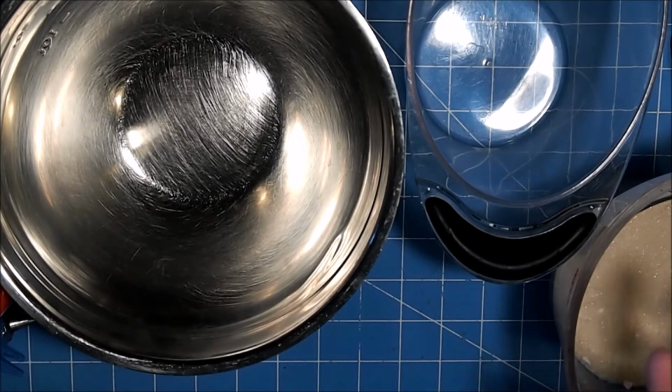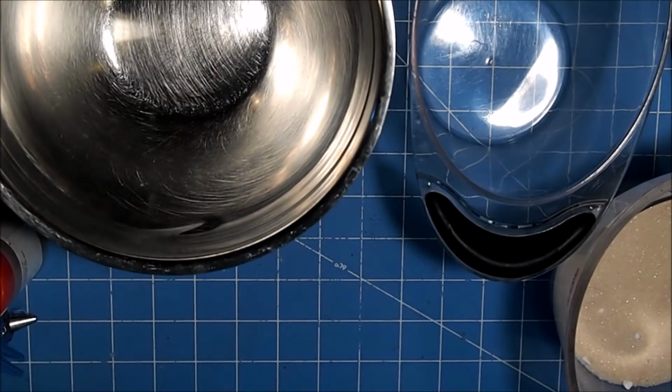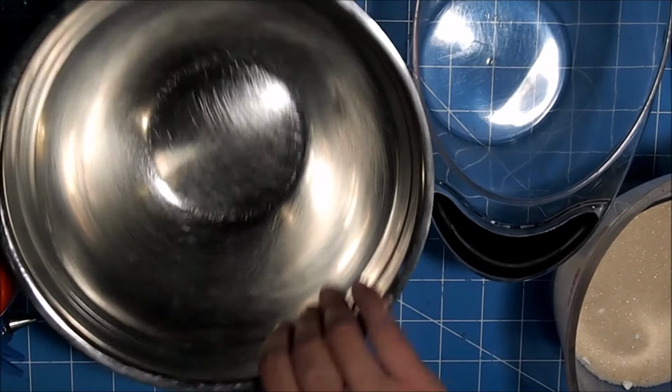And what's good about this is you can give it away with maybe a coffee mug. You don't have to wait until Christmas to give it away. This could be just a coworker gift, or the postmaster's gift or something like that. So let's just mix it up. I have this bowl,